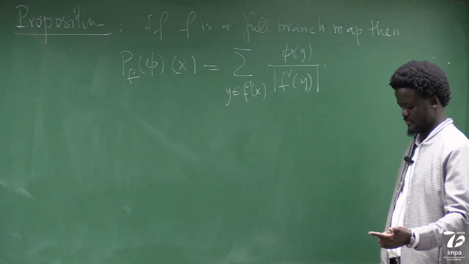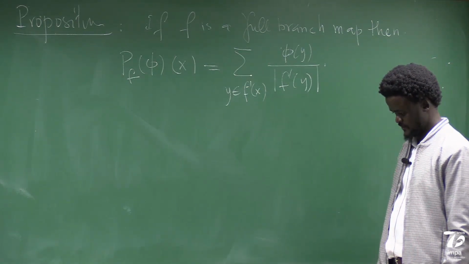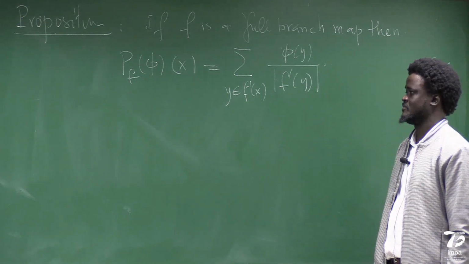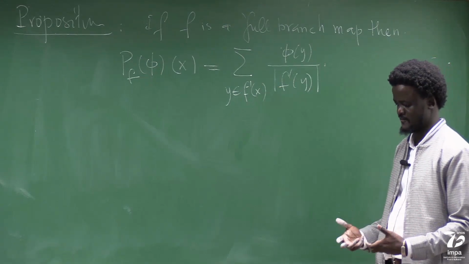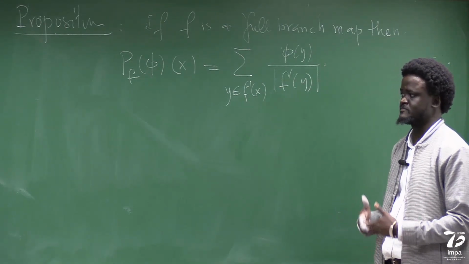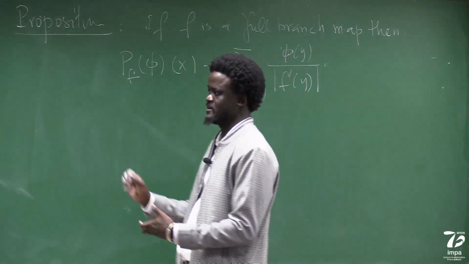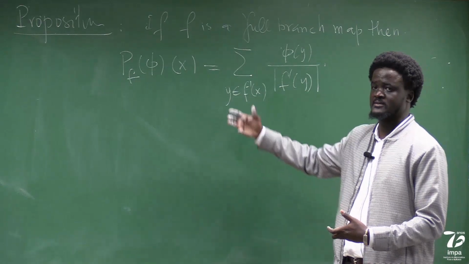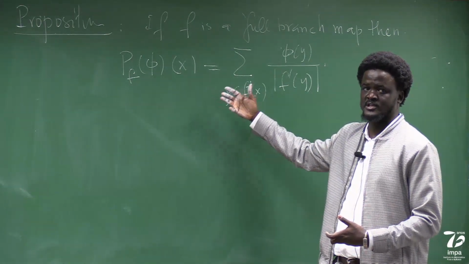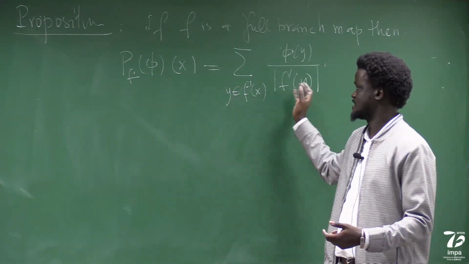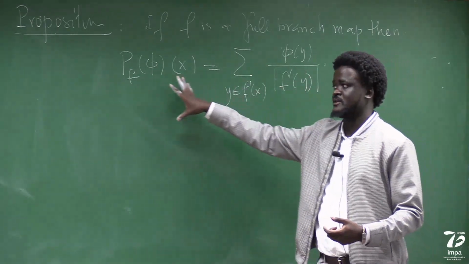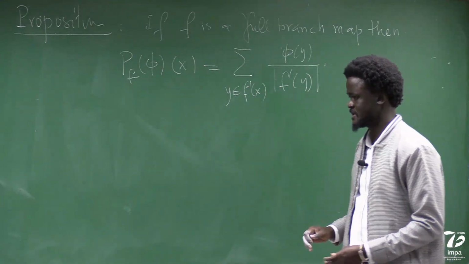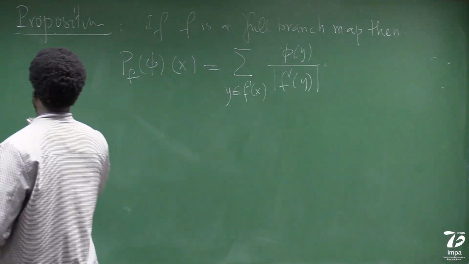For instance, if you try to do it for a contraction map, it's not useful, because the measure that you find is not absolutely continuous with respect to any other measure, because you will find an atomic measure, a Dirac delta measure. That measure, you cannot get from this theorem. So if you don't have expansion in general, this operator is not useful. Okay, so let's try to prove this.